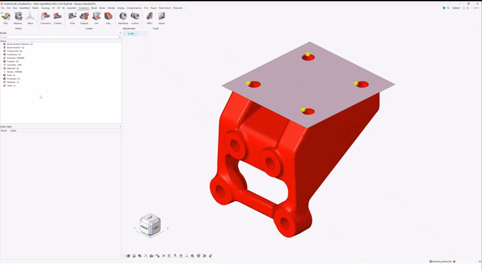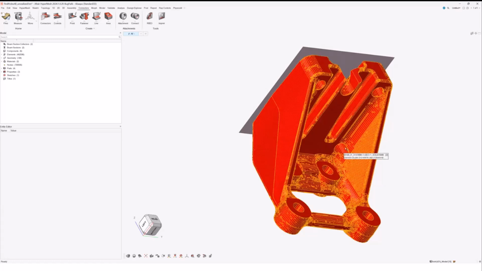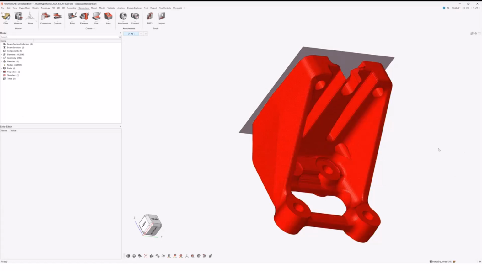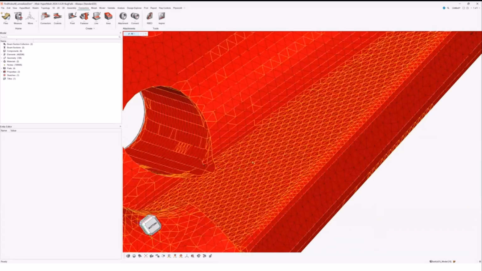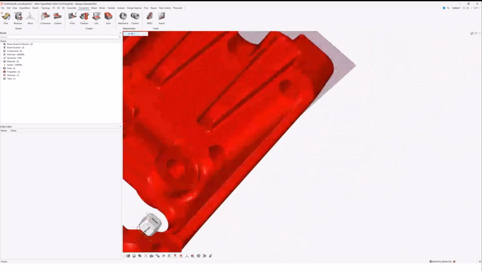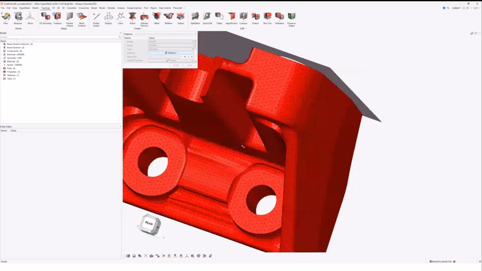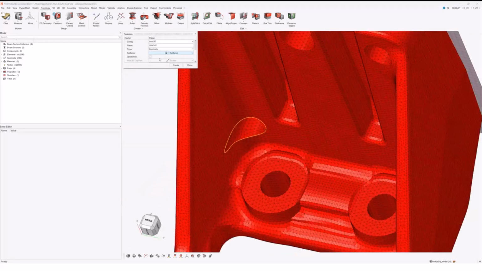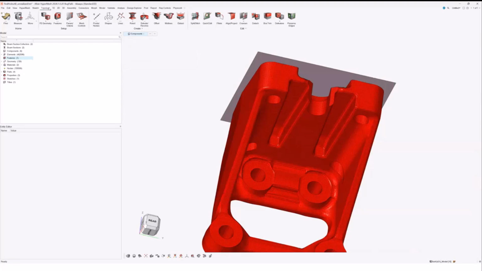I'm just going to delete these because I forgot to delete them before. Okay. So for these two holes here, it's very difficult for the hole detection to be able to pick these up due to the nature of the fact that it rolls out onto almost a flat plate through here. So what we can do is define them as 3D holes. In this case, I can select the surfaces directly. They're not an open hole like that. Create. Creates a feature for that particular surface, and I can do another one